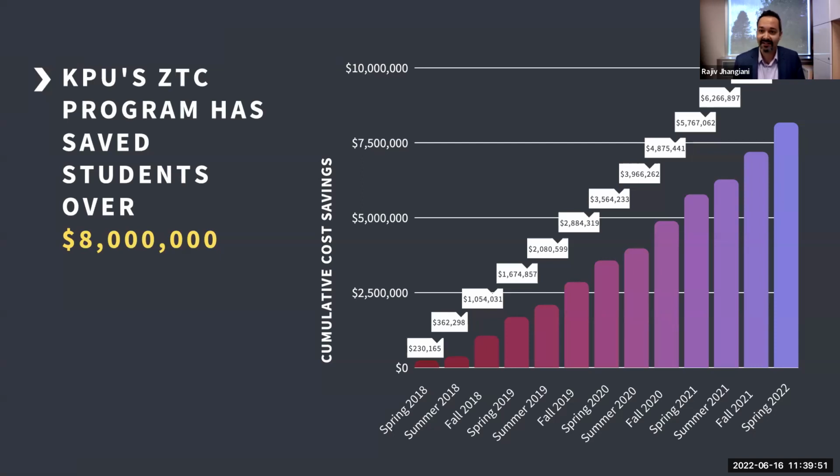As you can see, we started small and things have certainly grown over time to the point where now open education is really a core part of the university's operations. It is not a strange foreign approach to teaching and learning anymore. It is very much woven into our systems and processes, as you'll see.